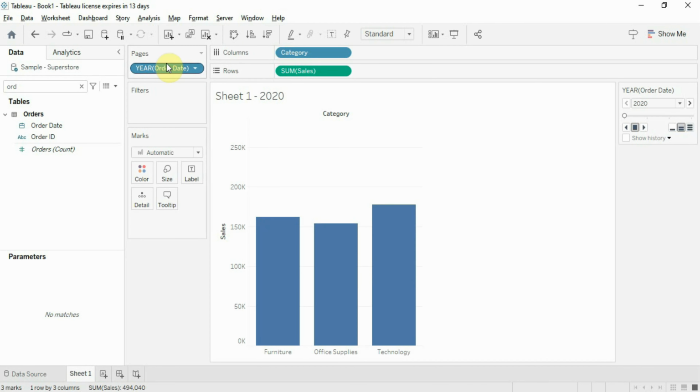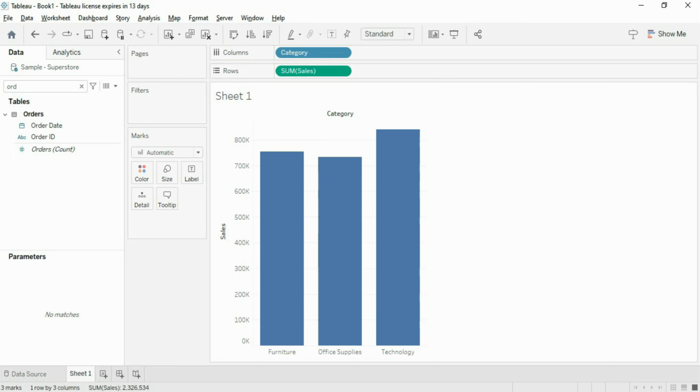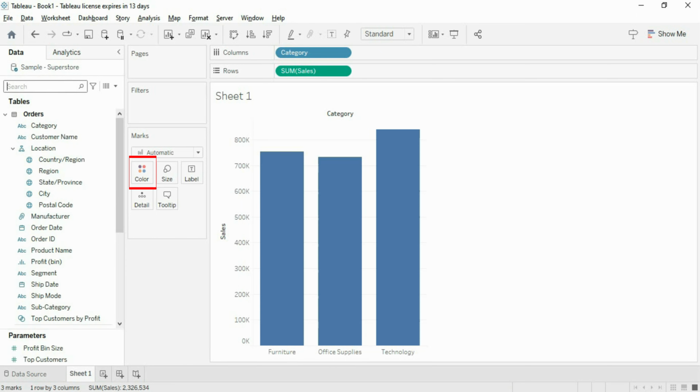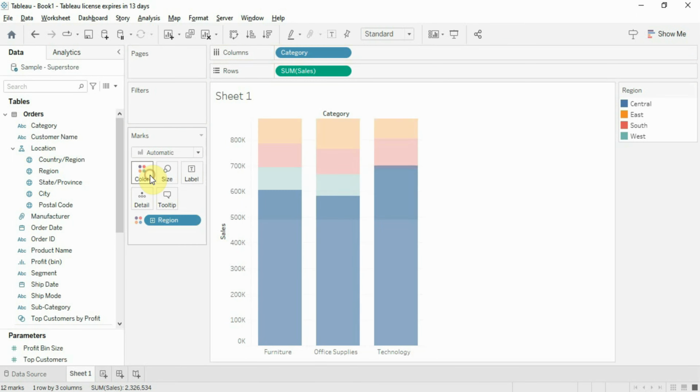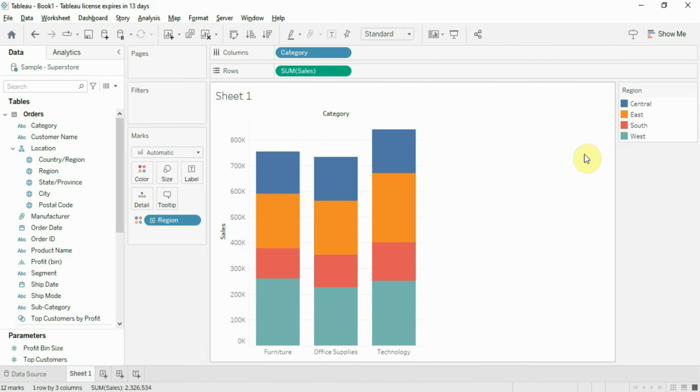Some shelves, legends, cards or controls are only displayed as a result of things we do as we work with views. Color legends. When we drop a field to color, the color legend pops up showing how colors are allocated. In our current view, blue represents central region, orange represents east region, red represents south region, and light blue represents west region.